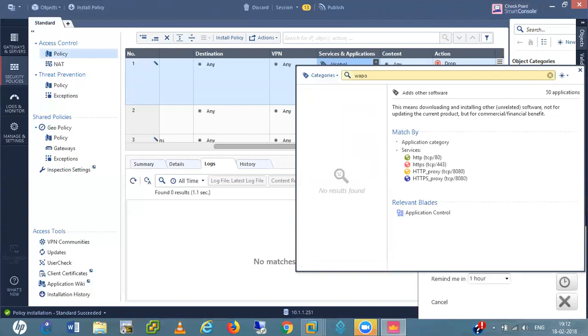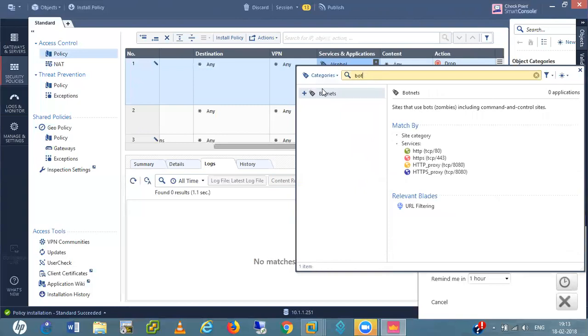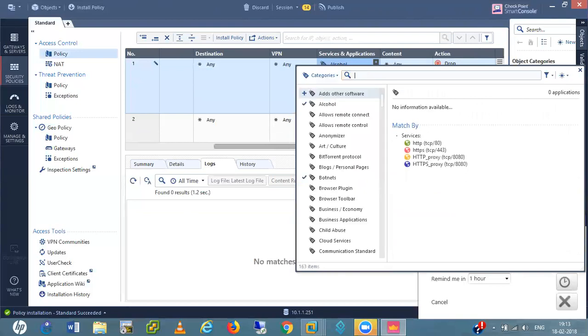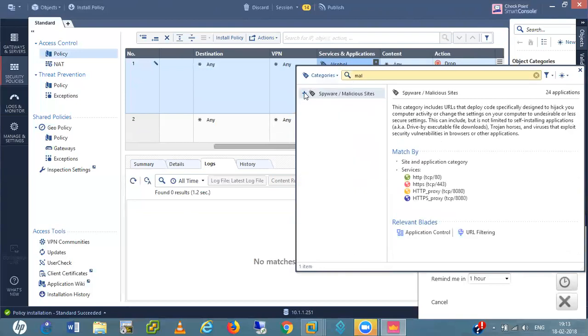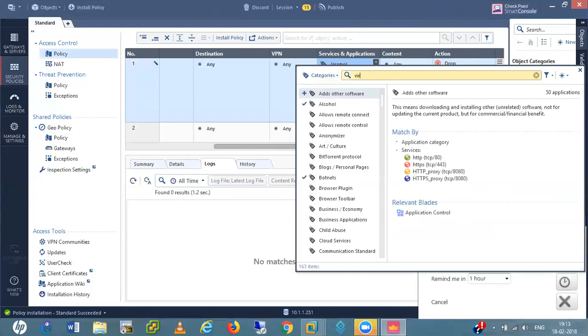I disable the weapons. Weapon is not there. Botnet. Yeah, botnet is there. I also block the malware malicious sites. Virus.